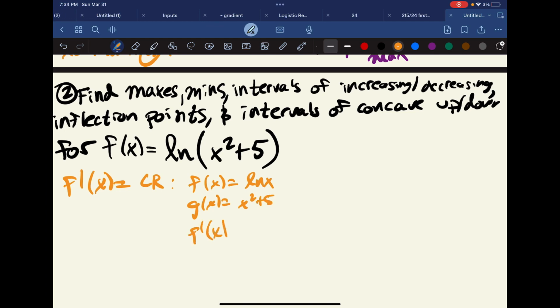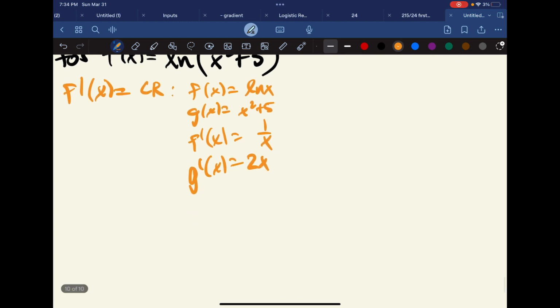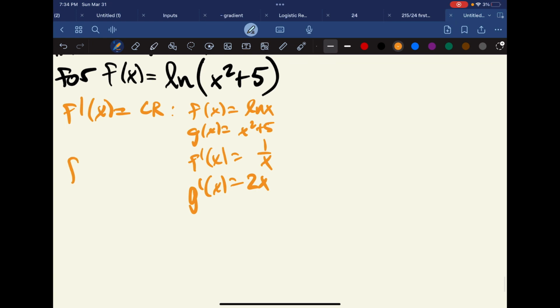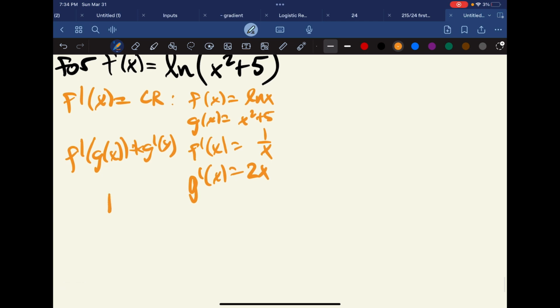The derivative of ln x is just 1 over x, and the derivative of x squared plus 5 is 2x. Remember our chain rule formula is f prime of g of x times g prime of x. So that's 1 over x squared plus 5 times 2x,